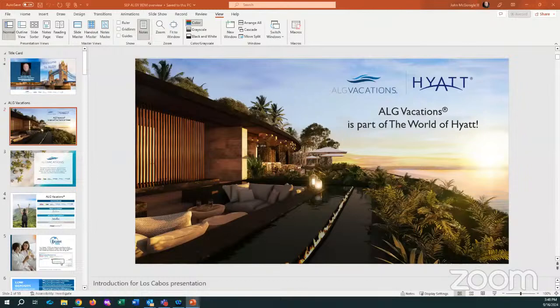And the best way to reach us, and this is outside of VAX, is that we've actually created a new dedicated agent-only website, algvacations.com. You can simply Google this, algvacations.com. It's going to give you the opportunity to work in the VAX booking platform. It's still VAX, but since we created VAX, they're kind of like our child. And our child VAX has grown up.